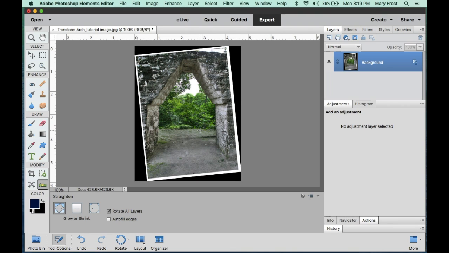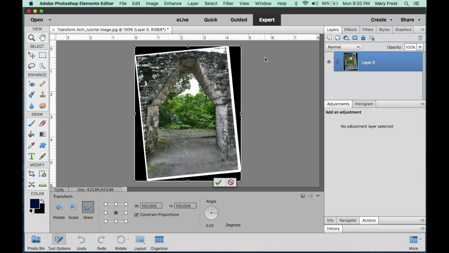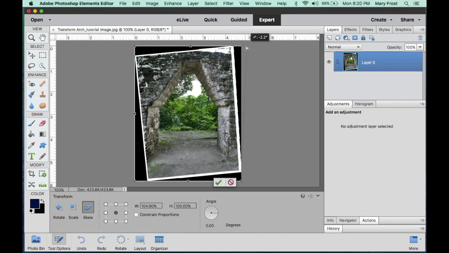And so let's go and grab the transform skew tool again. And then I want to suggest to you that if you pull a corner away from the middle, you are less likely to lose space in your image. When you push a corner in, you're creating a smaller size image to deal with. So I'm going to start at the upper right, and you'll notice it shows me where the original image was before I straightened it. So if I grab that and pull that out